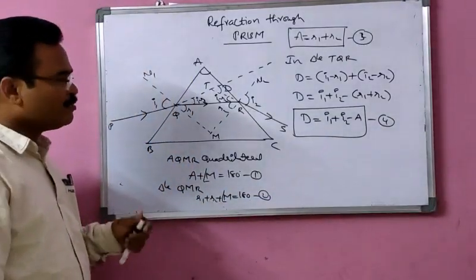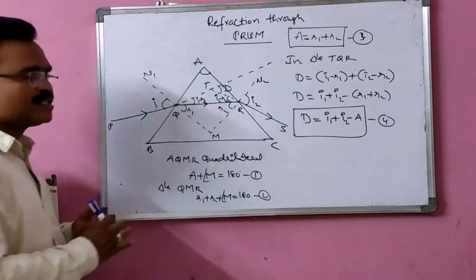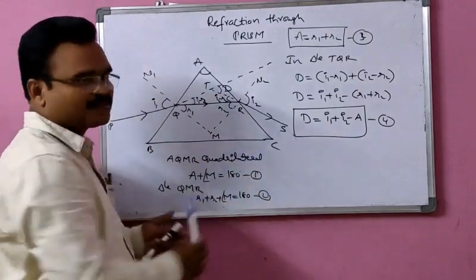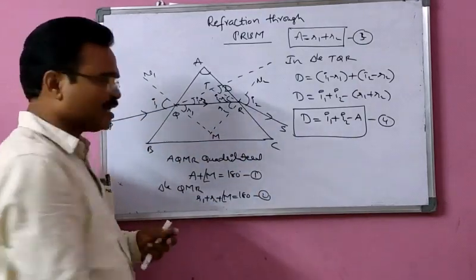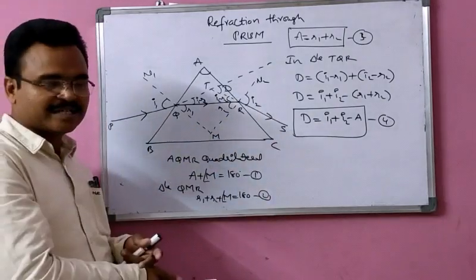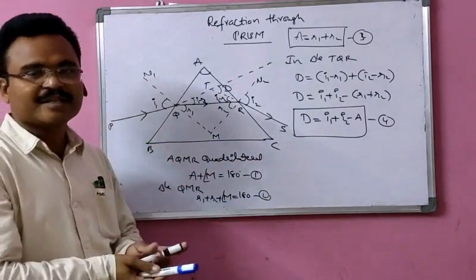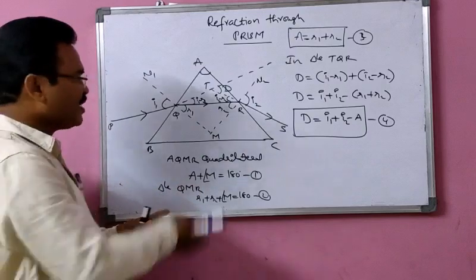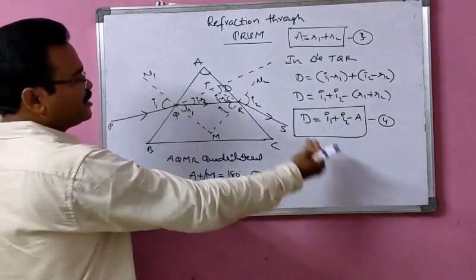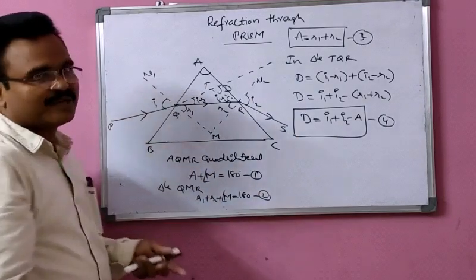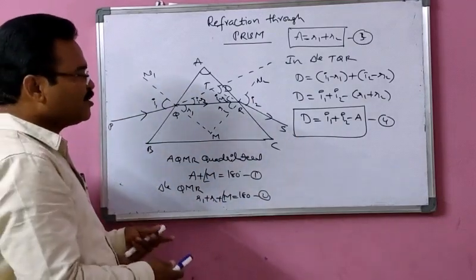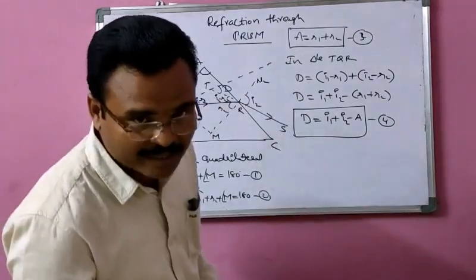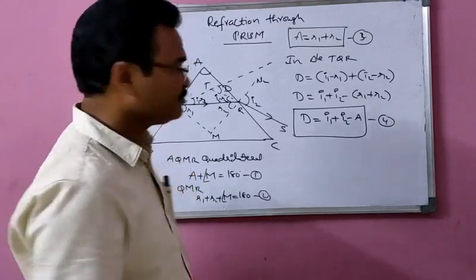Now you can see there is a symmetry in this prism. If you send the light from the left side as PQ, RS becomes the emergent ray. Suppose you send the light from the right side, that is SR is the incident ray, then QP becomes the emergent ray. That means there is a symmetry. If I1 is 60 and I2 is 30, then if you send the light with I2 30, I1 becomes 60. Because of that, we are going to get the relation between I1 and I2. For that, we are going to draw one curve that is called the I-D curve.